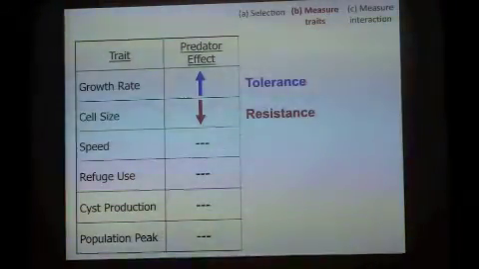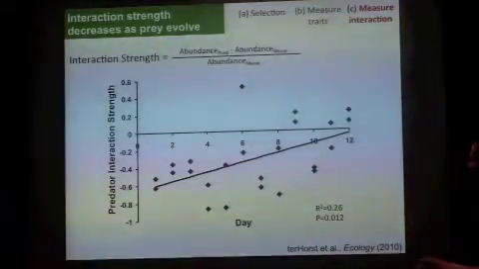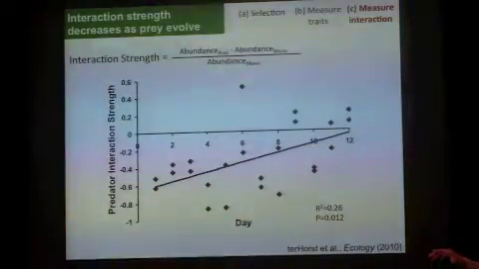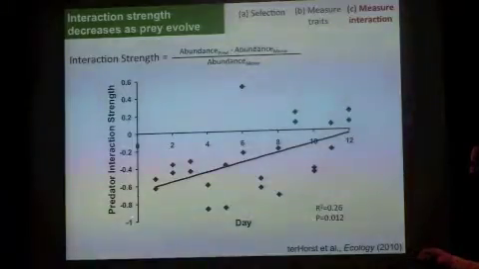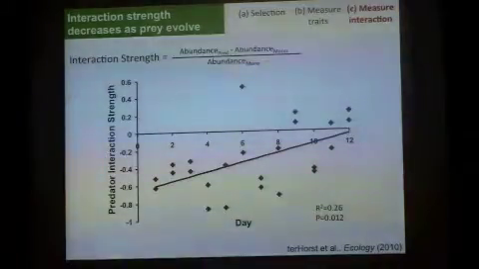But then what we're really interested in is whether that evolution of traits affects the interactions between the predator and the prey. So we measured interaction strength as just the difference in abundance between the 2 treatments, standardized by the monoculture. So this is the predator interaction strength. A value of 0 would suggest the predator has 0 effect on the prey population. Negative numbers mean the predator has a negative effect on the prey population, like you'd expect with a predator and prey. If we look at day 1 of the experiment, predators reduce the prey population by about half. So having a pretty big effect on the prey population.